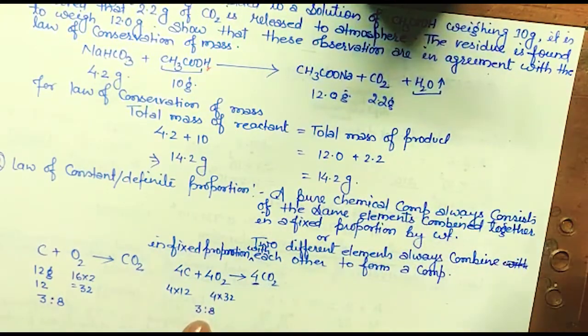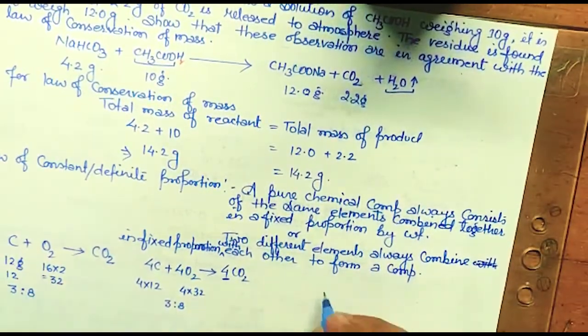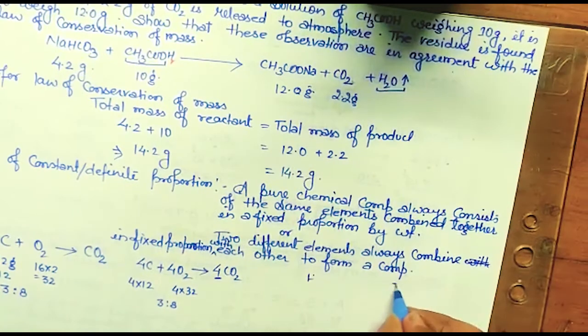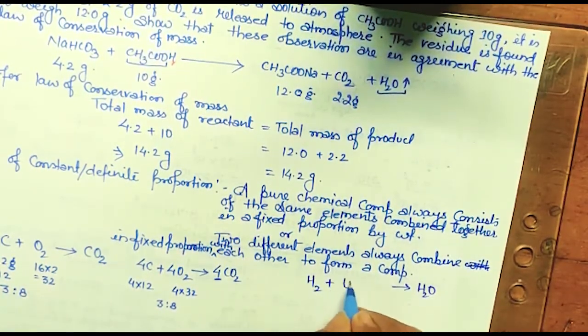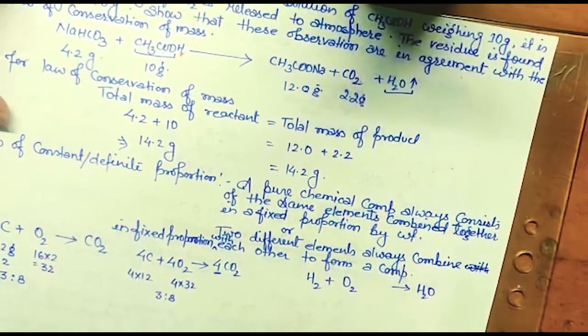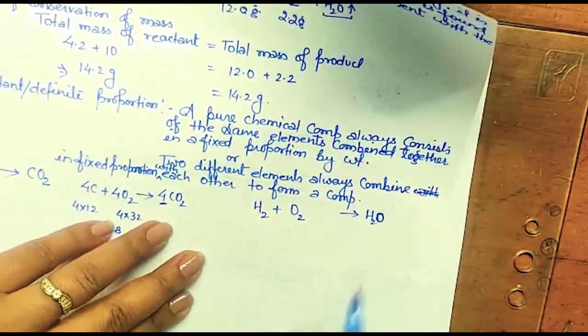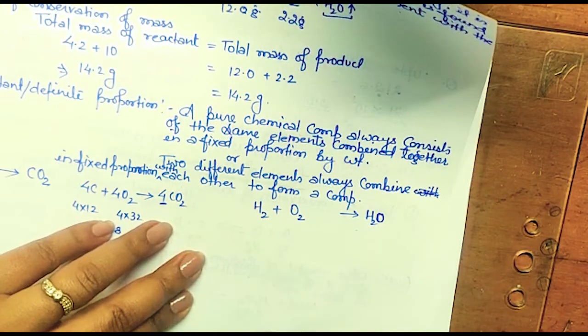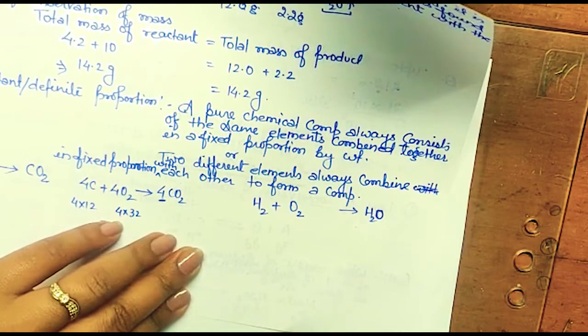Got it? Is that clear? Like another example, this is example 1. Another example, like we have to make water. So water will form with this H2 and O2. You can ask here why we need only one oxygen. So why have we taken O2? Why not O? So see, in class 9th you people have already done that.